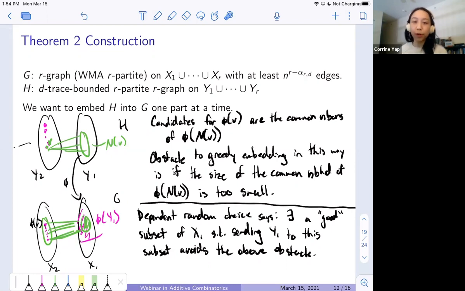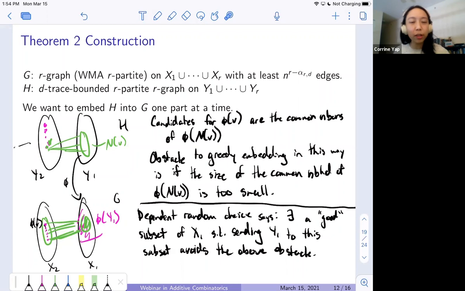Okay, so we're going to use a variant of dependent random choice on the next slide in this proof, but I want to mention that this technique has a lot of applications, not just within extremal and probabilistic combinatorics, but also a lot in Ramsey theory, a lot in additive combinatorics. It's crucial in the proof of the Balog-Szemerédi-Gowers theorem. So it's not just something that is only used for these Turán embedding type problems. It has a lot of applications elsewhere.